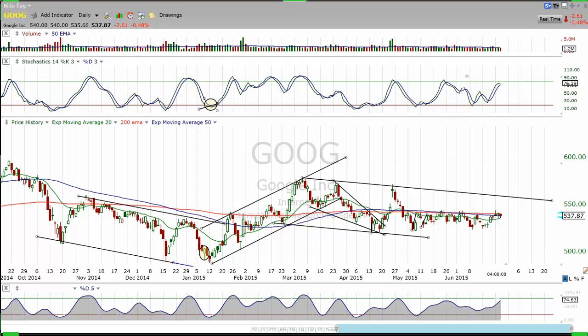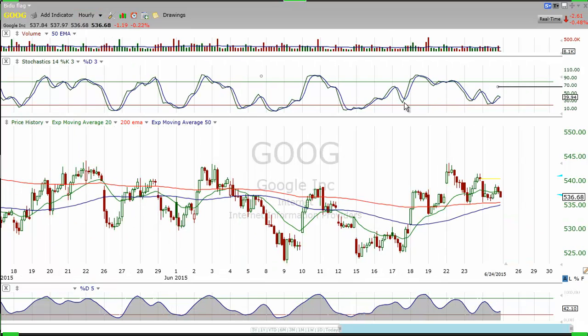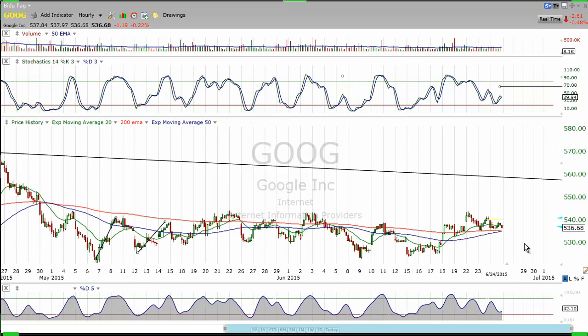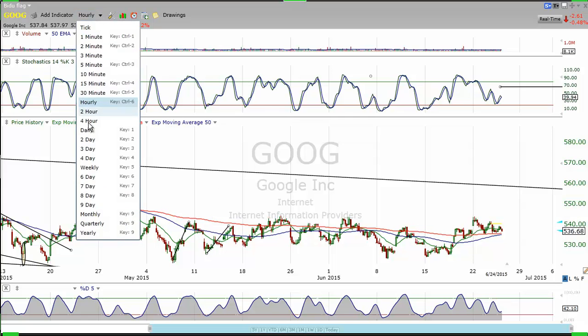Google's actually acting okay. And one thing about Google, we're looking for this flat line here to flatten out right underneath the 90 area and the 80 level. It looks like it's doing that. It's really tight, holding that 20-period moving average. It's hanging in there. The 60-minute time frame is kind of coiled down. It's not a big flag or anything, but there's not much going on. It looks a little bit healthier than